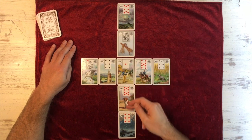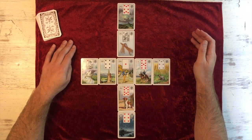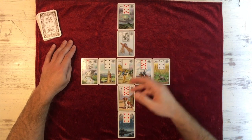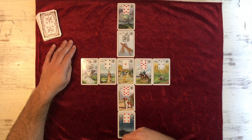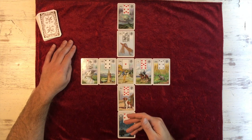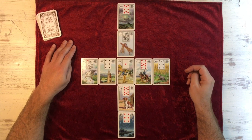And these are the events that are under control, which the querent has got some control over. Usually the cards that fall beneath the querent in this way, if they're bad cards, if they're negative cards, are underway to being resolved or will be resolved soon, since the querent has got some control in the situation. Now,